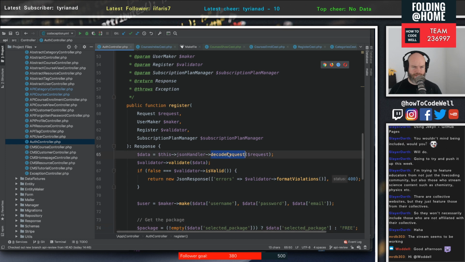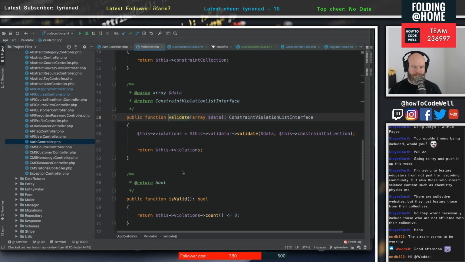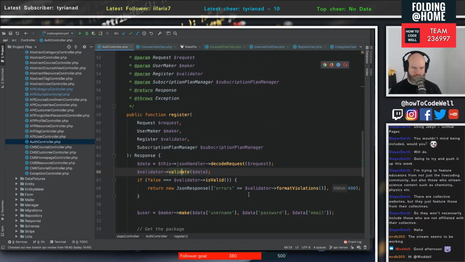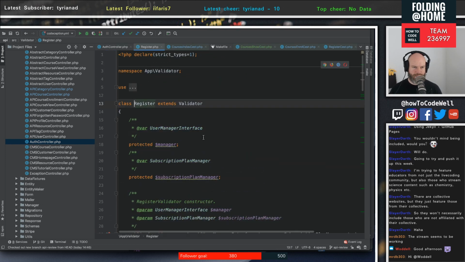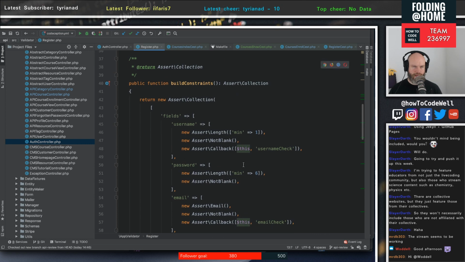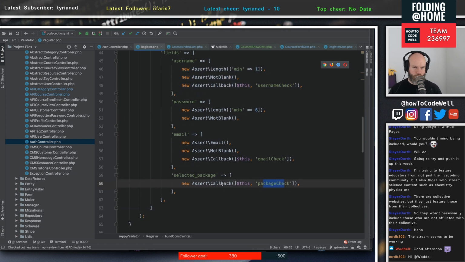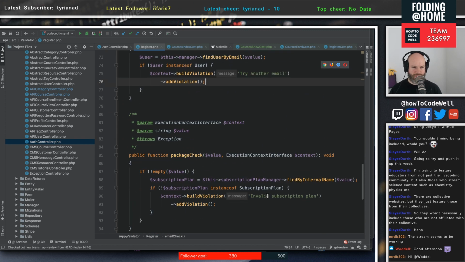Then let's see what the validation is doing. The validation for that is running the validator. If we come out of this one a minute, register validator, it's checking that the username is in. Oh yes, it is checking the package, but it's doing a callback. So let's see what that callback is. It's package check. That's email check. This is package check. So if it's not empty,